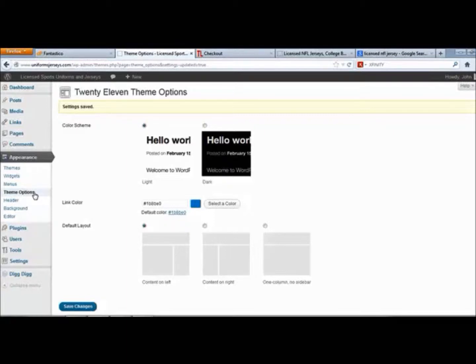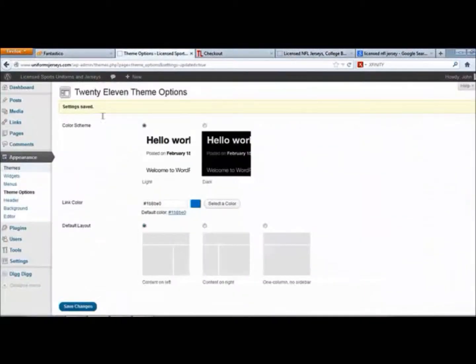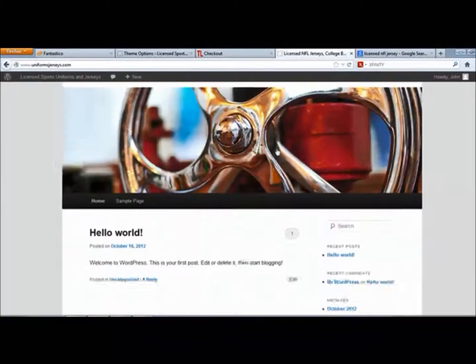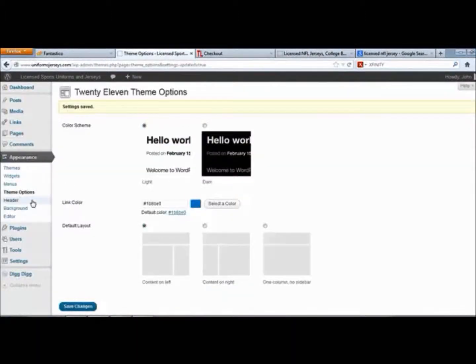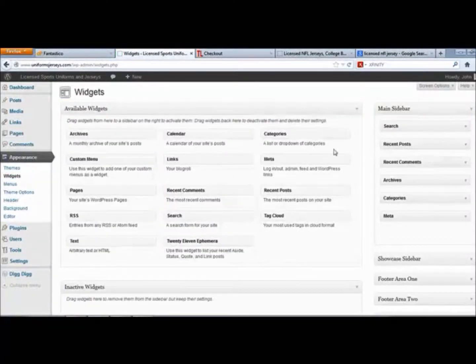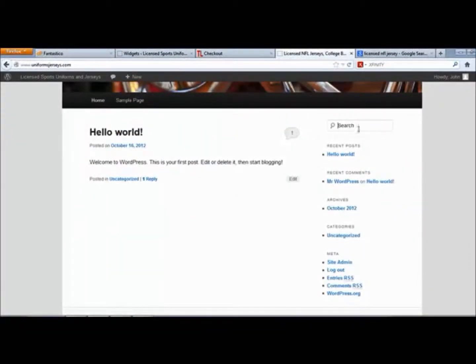The other thing that you've got over here that you can work with to get your first website up and going is, so let's make sure that change took. So you just go back here and refresh, and it did. The other thing that you want to work with is widgets. So you want to go here to widgets on the left hand side, and you're going to have several different options here within widgets. You'll notice on the right hand side we've got a search box, which is going to enable people to search for content related to what you're offering. You've got your recent posts, your recent comments, your archives, your categories, and then this meta area,